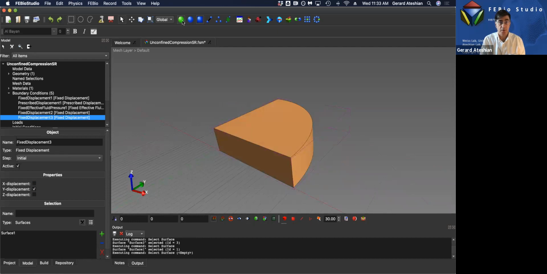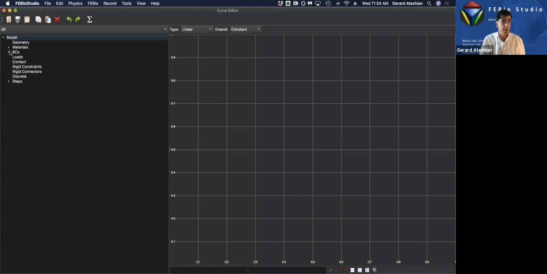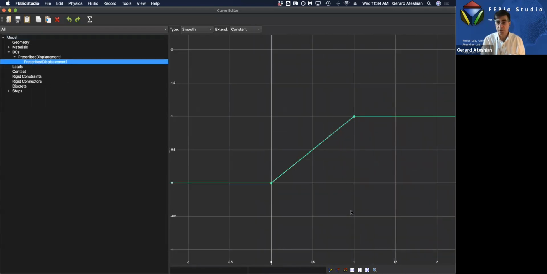So I am done applying boundary conditions. Now what I would like to do is double check that I actually am applying this displacement in the time frame that I want. The default load curve says that the displacement that I prescribe, which is -0.25, will be scaled from 0. You see down here, it says 0 and 0. It's going to be scaled from 0 to 1